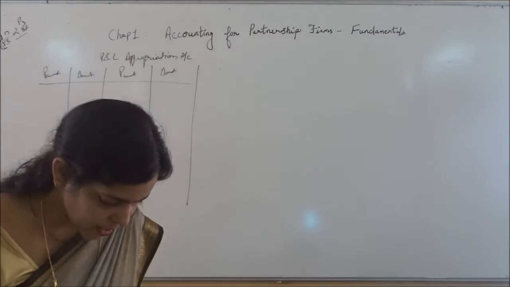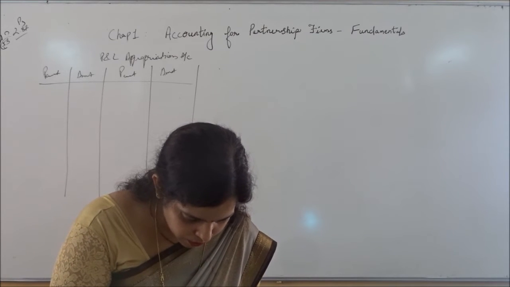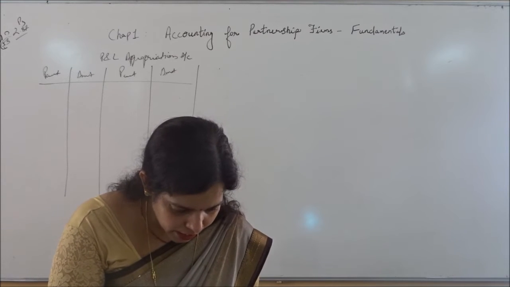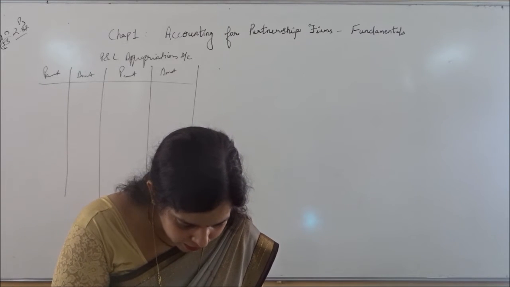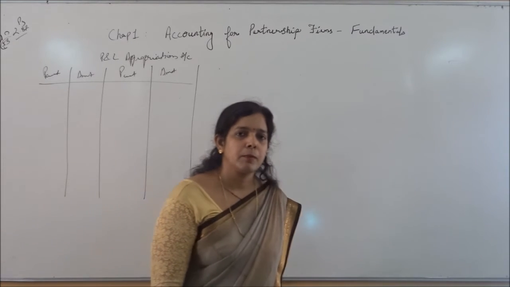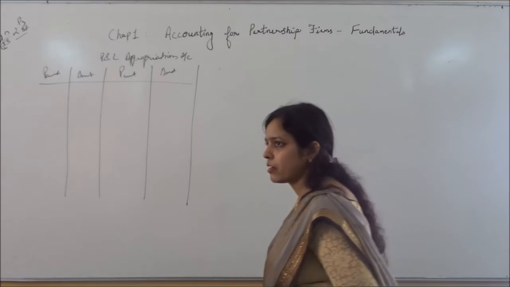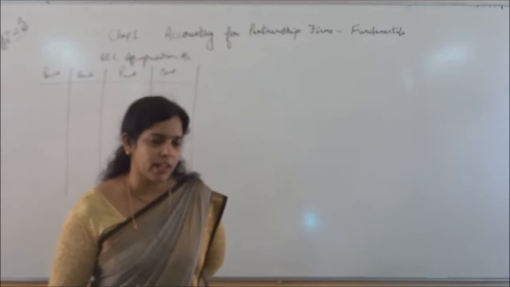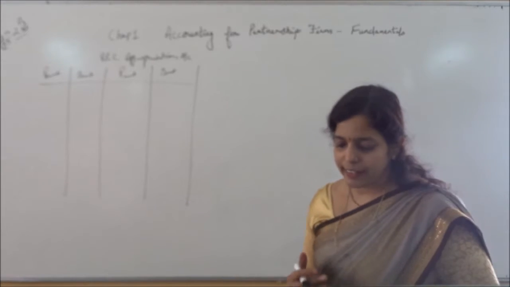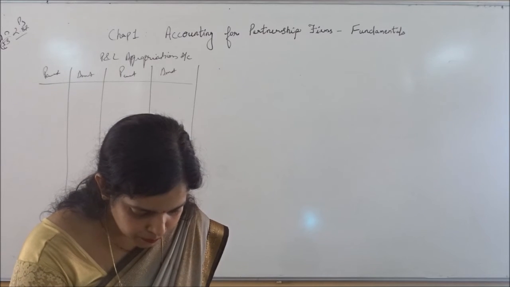Which type of capitals are given in the question? After reading the question you have understood which type of capital it is. Nothing is mentioned regarding the current balances or like that. So which method it is? It is the second method. If nothing is mentioned in the question regarding the methods which have to be applied, by default it will be the second method, that is fluctuating capital account method.